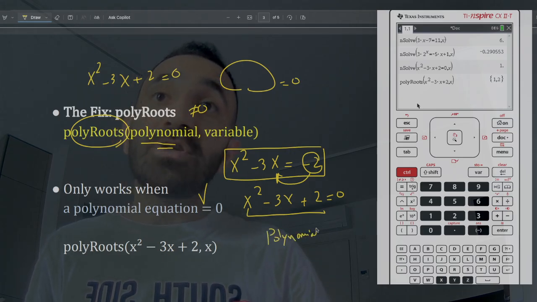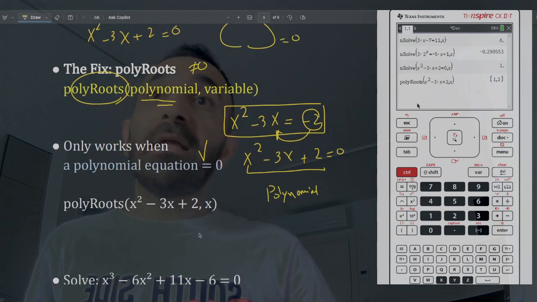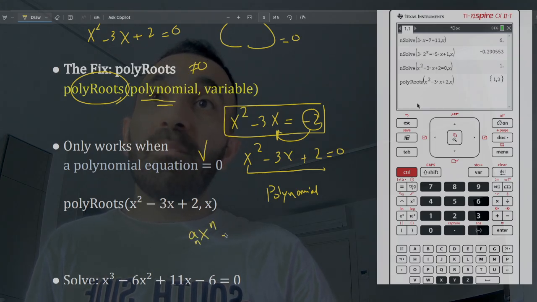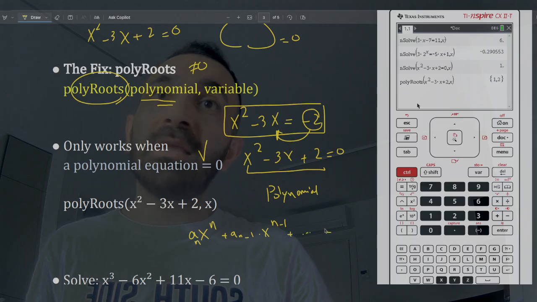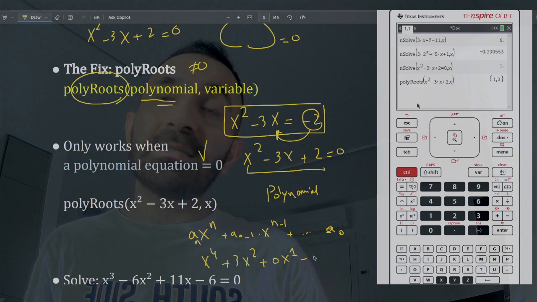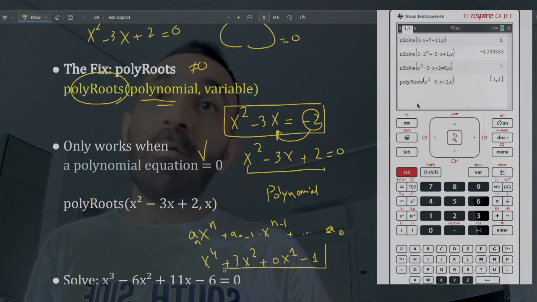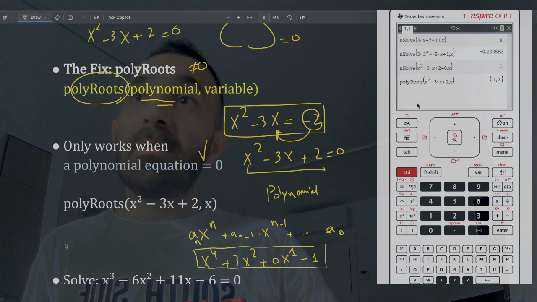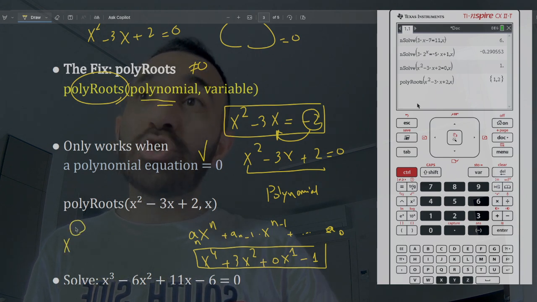What is a polynomial function or polynomial expression? An expression in this form: a_n x to the power of n plus another coefficient, x to the power of n minus 1, up until a constant a_0. What does it mean? For example, x to the power of 4 plus 3x to the power of 2 plus 0x to the power of 1 minus 1, okay? This is a polynomial expression, okay? So x to the power of a natural number,